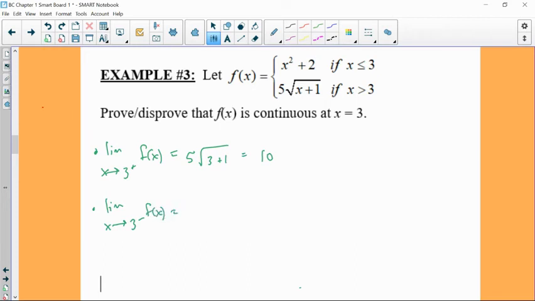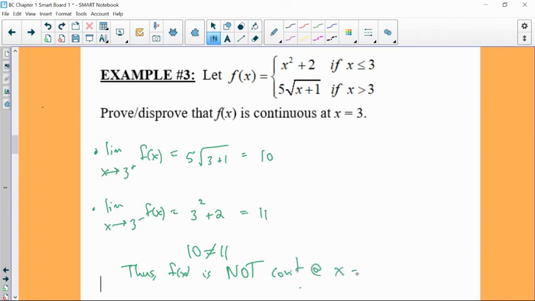Then I can say next step, limit as x approaches 3 from the left of the function. So I go to the left function. So I have 3 squared plus 2. That's 9 plus 2, which is 11. And as soon as you get here, I don't even have to do one more step. As soon as I say, wait a minute, 10 does not equal 11, right? The limit from the left does not equal the limit from the right. So I could say thus, or therefore, f of x is not continuous